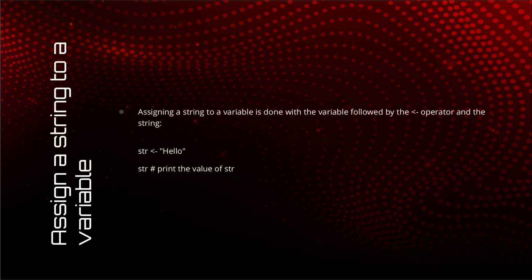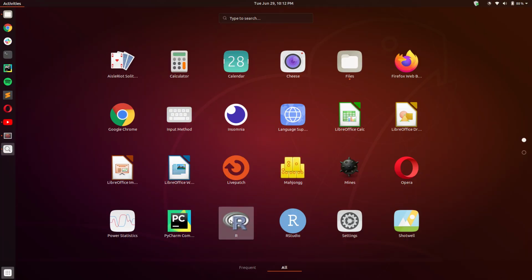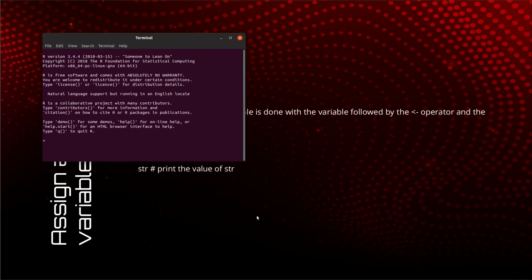How can you assign a string value to a variable? That is very simple. You use the arrow operator, which is the one that you see on your screen next to the word str. Let me show this to you on our console.